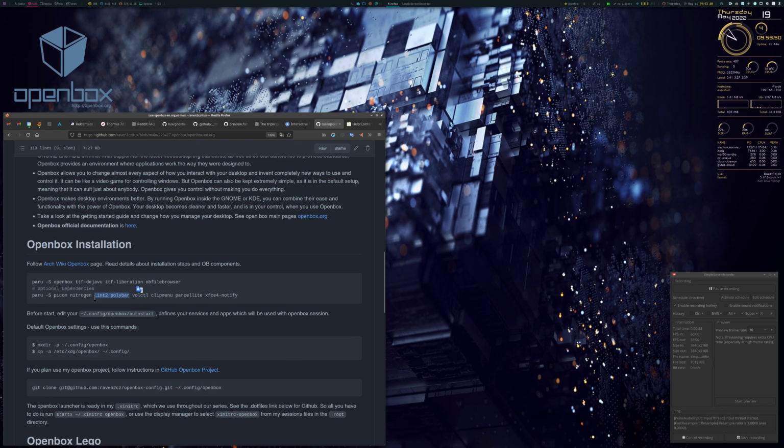The standard Openbox panel is Tint2, and the second one, which is common, is Polybar. In this video I will use the Polybar because I will prepare some video